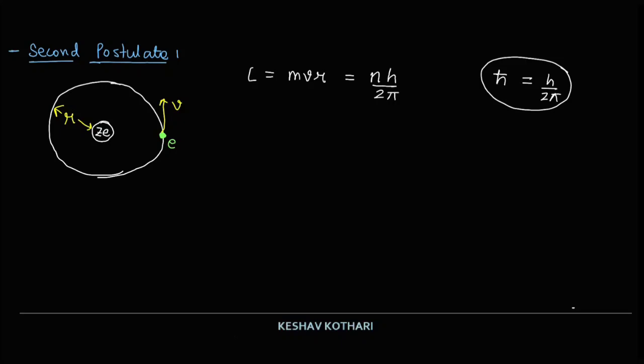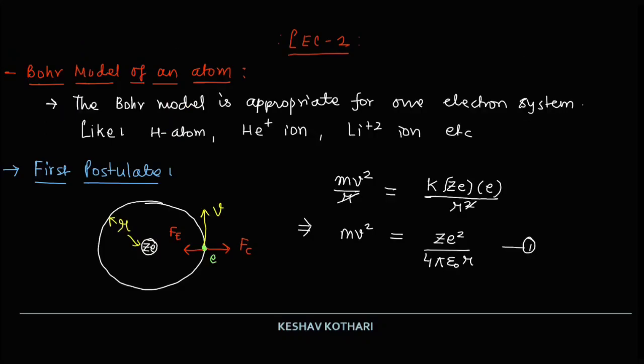So now from these two postulates, we can evaluate the value of speed and radius of the nth Bohr orbit. What we are exactly doing from here is that I am stating that v can be written as nh upon 2 pi mr, and we will be substituting this value of speed in the first equation. This is the deduction from the second postulate, which I am mentioning as 2, and we will put this value in the previously obtained condition, that is mv square is equal to ze square upon 4 pi epsilon naught